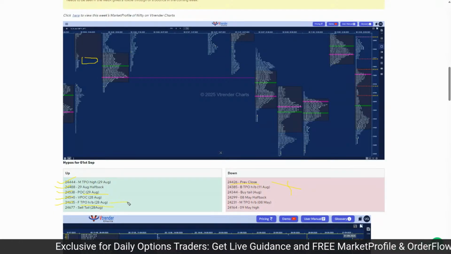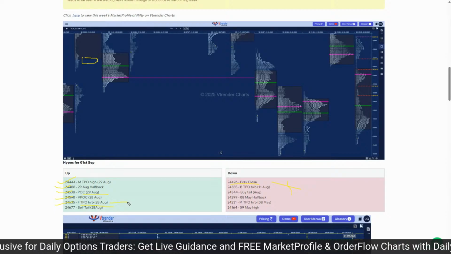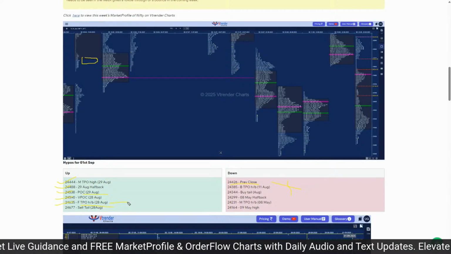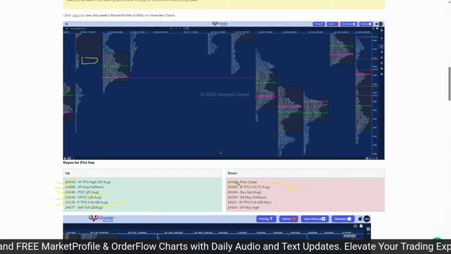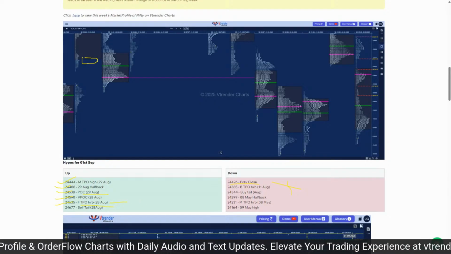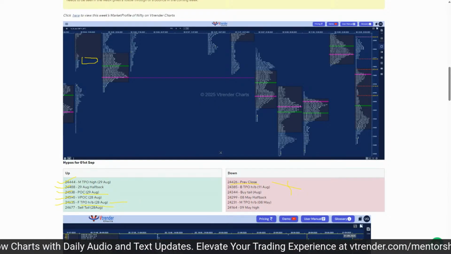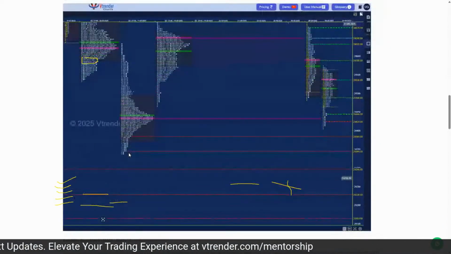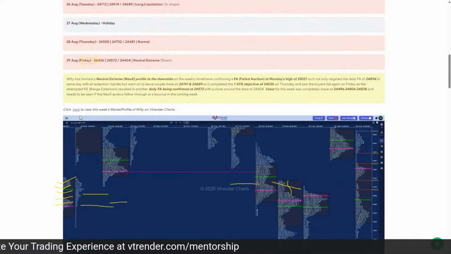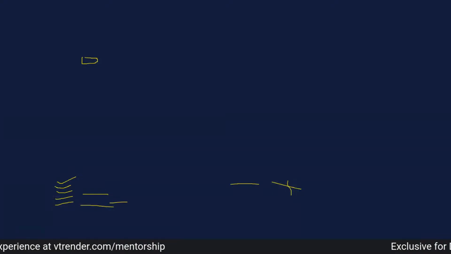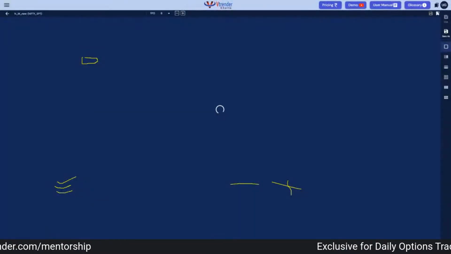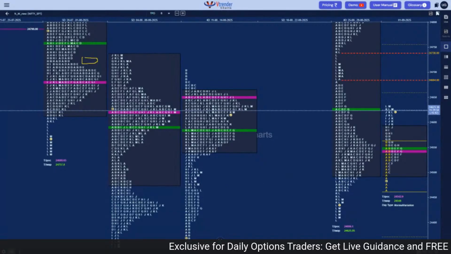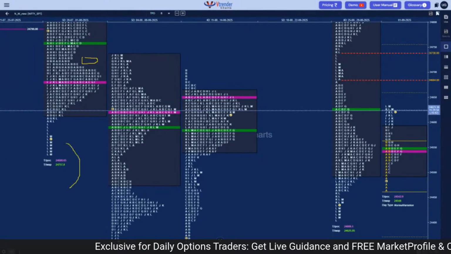So you can see how these hypos help. This is to the dot, and this is why market profile gives us such specific levels to work out of. So it was very clear at the open that we are not at all bearish today. So let us just open up today's chart and see what we have as references for the weekly settlement tomorrow and also for the week ahead.